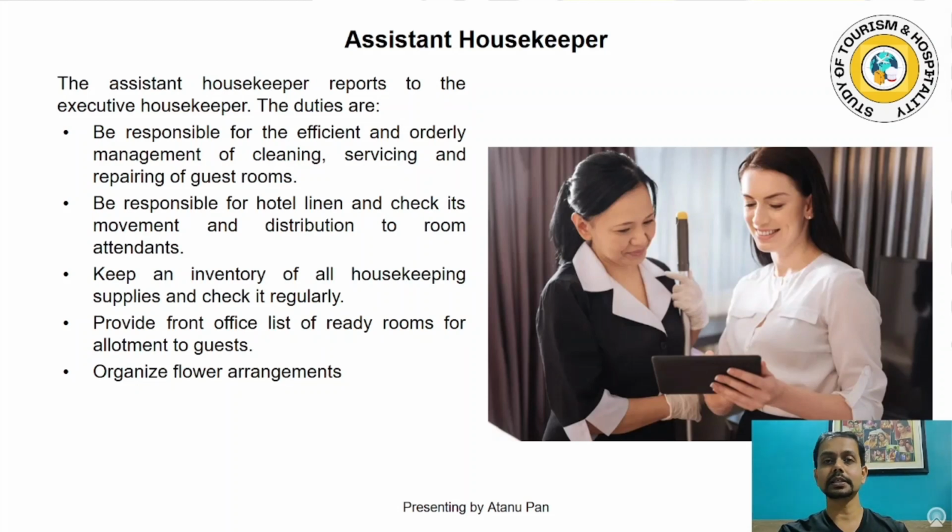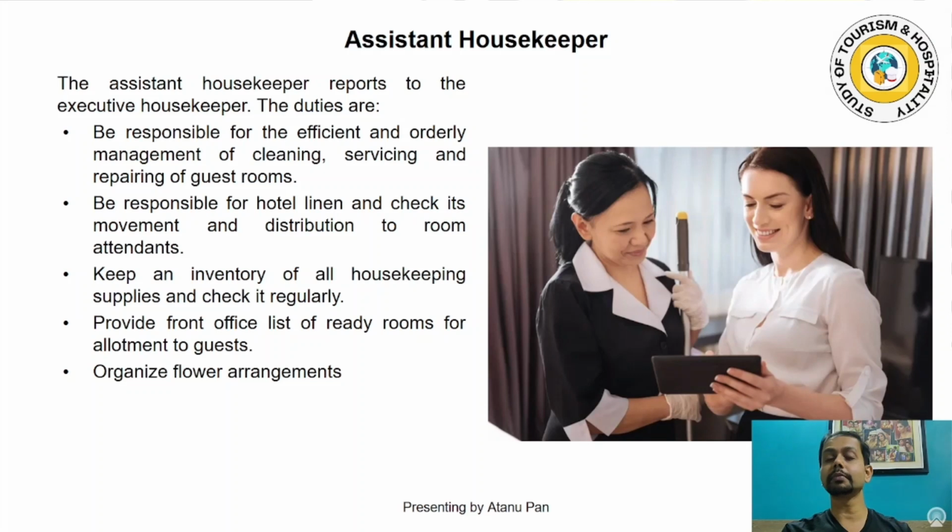organization of the flowers, like maybe decorating an entire room for a honeymoon couple, decorating an entire room for a newly married couple, decorating the entire room for a birthday, whatever it is. And sometimes big events are happening in the hotel. For example, a marriage is happening in the hotel, so that needs a flower arrangement. Okay, so for that purpose we need a florist, and the florist actually comes to the hotel, and this